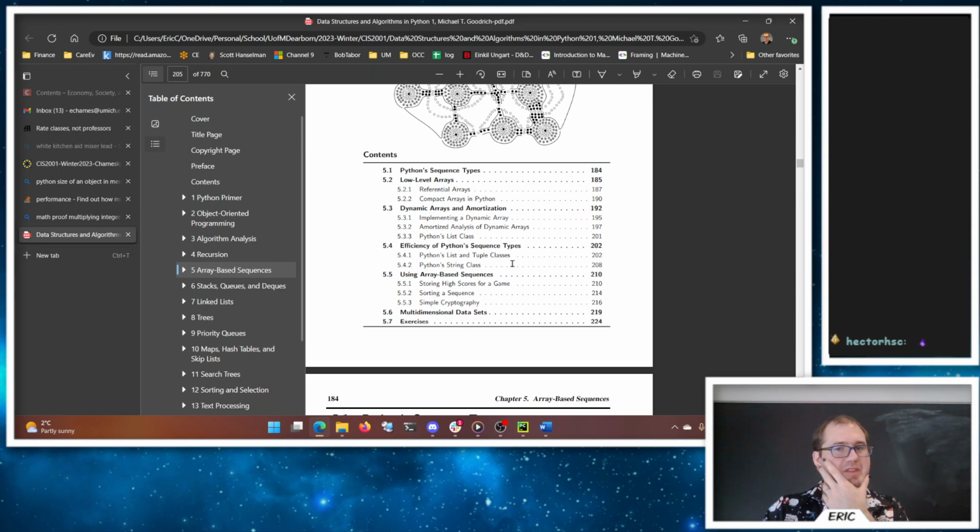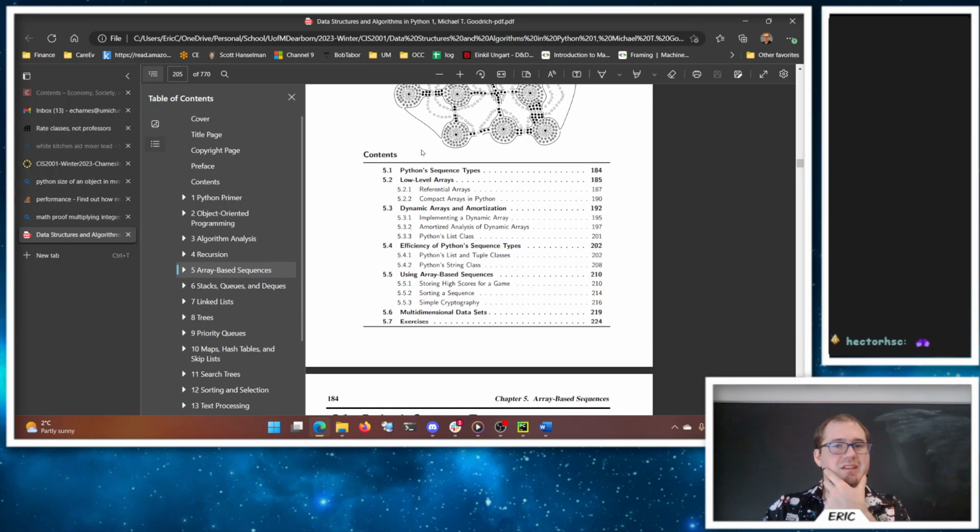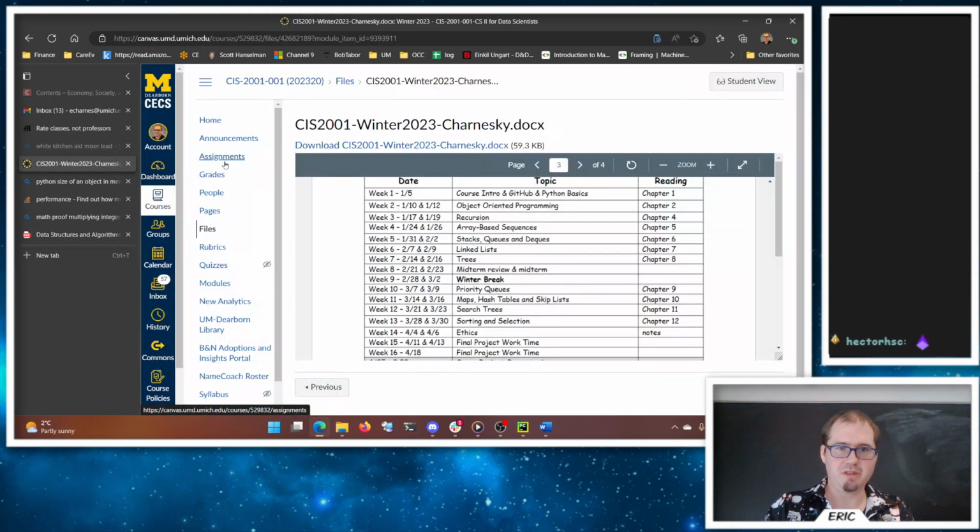So amortizing sequence types, writing sequences, multidimensional sets. There's not actually a lot in here aside from building it out yourself, which is the boring part here. So I think we've got,